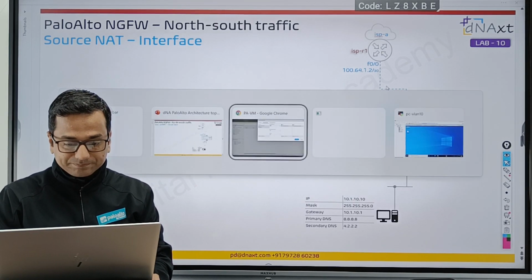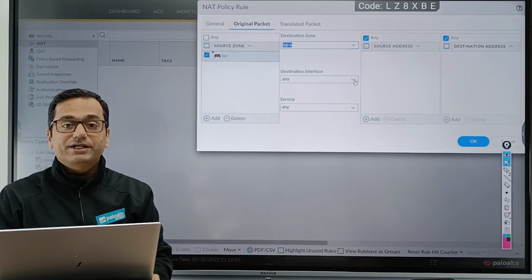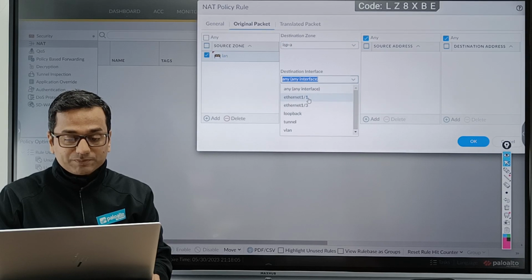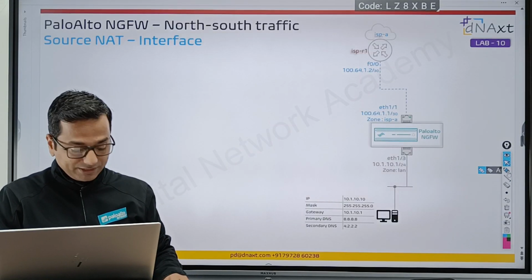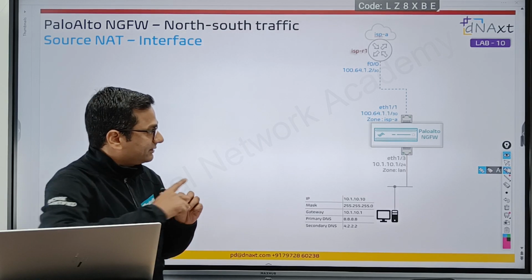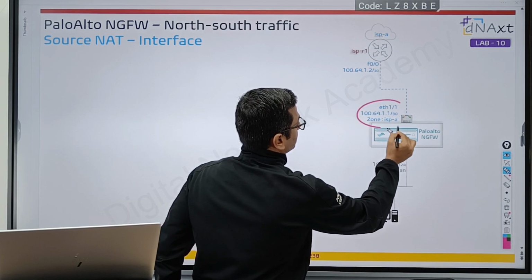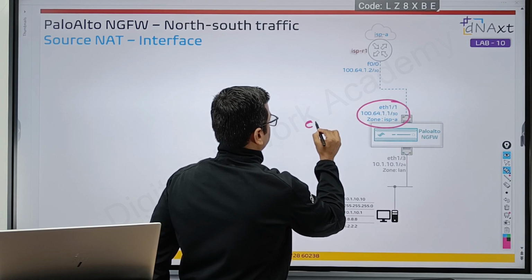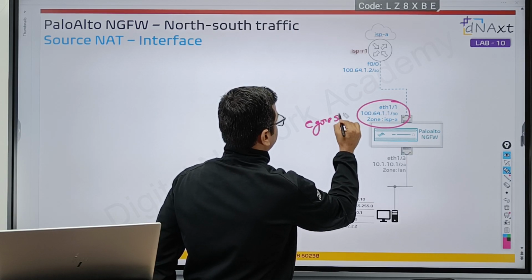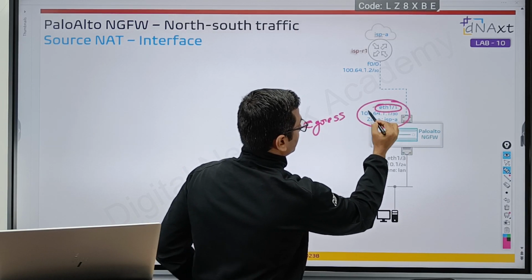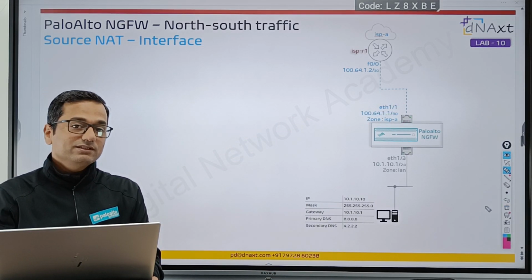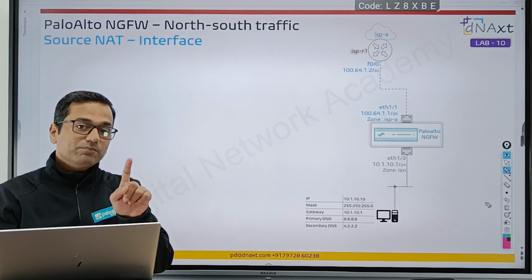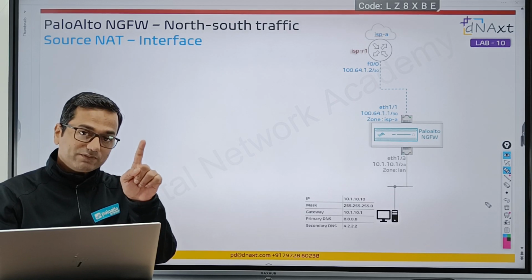Clear? Next, the destination interface; we have to be very specific. When I say destination interface, it means egress interface. We call it the destination interface. Why 1/1? Because of the default route pointing towards the service provider.